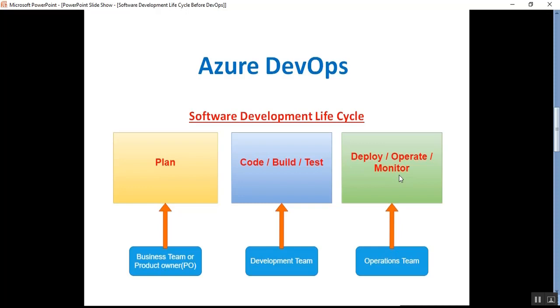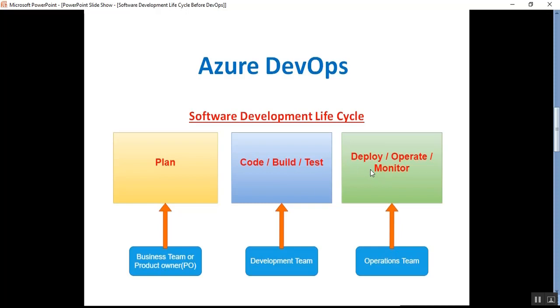Okay, so a company with a very small capacity, like 10 to 15 employees, can handle all of the above things. But some companies, like large enterprises or middle-sized enterprises, will have these steps done by different teams. Some companies which have very little capacity, that is 8 to 10 or 10 to 15 employees, have developers who plan these things, code, build, test them themselves, and also deploy them.